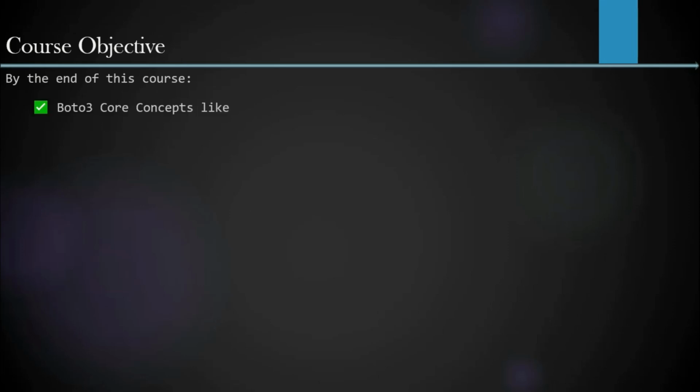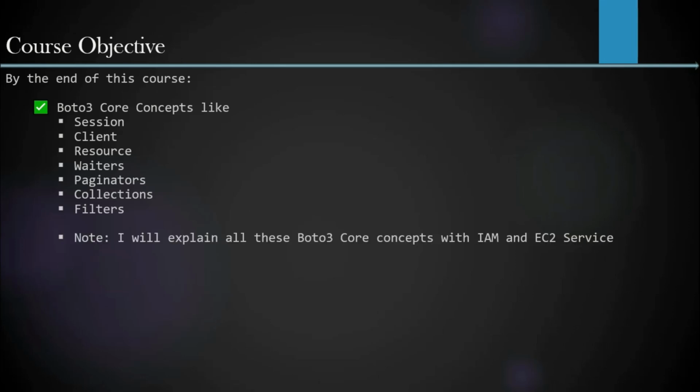Now let me give the objective of this course. See, by the end of this course, you will get Boto3 core concepts like session, client, resource, waiters, paginators, collections, and filters. And here, be clear on this point. I will explain all these Boto3 core concepts with IAM and EC2 services so that you will get the confidence to use Boto3 core concepts for any AWS service. So that's why first you just go through the complete course and then start using Boto3 for your real-time requirement